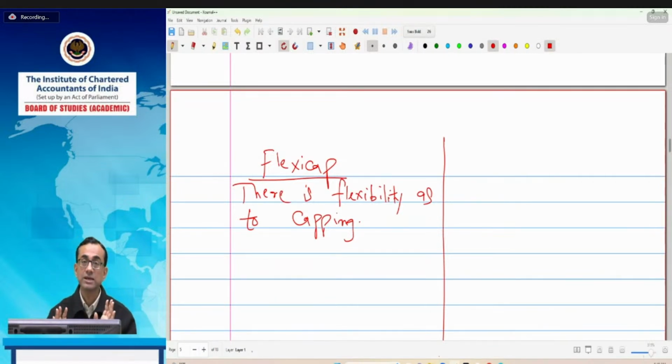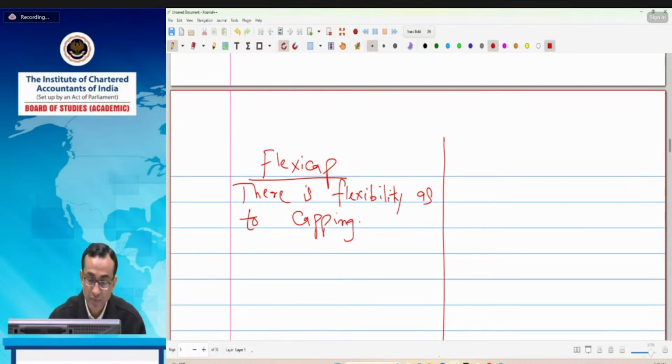But it is not that he will invest too much in small cap and put the investor at risk. The mutual fund manager also has to be vigilant. Therefore, practically, in most cases in flexi cap, the majority of the funds are invested in large cap in order to be safe. Some portion is in mid cap and a smaller amount is in small cap. This is what happens in flexi cap. So flexibility as to capping means there is no restriction on the fund manager on how much to invest in large cap, mid cap, and small cap.